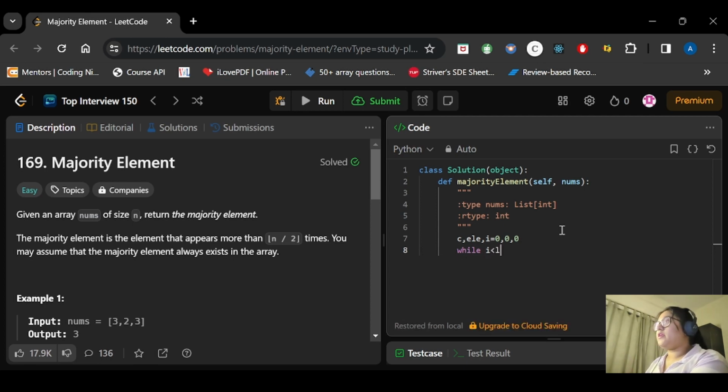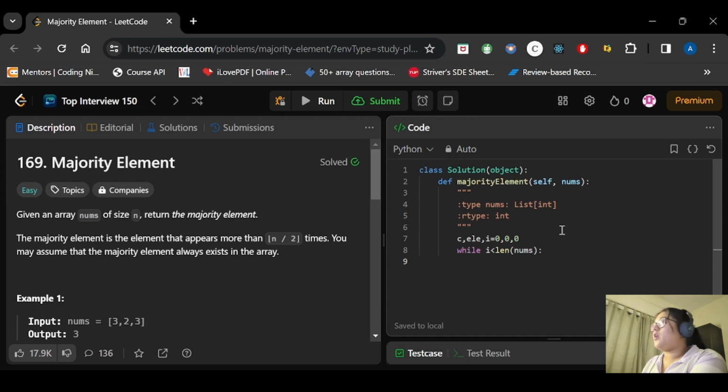Now we have to assign a value to the element whenever we are having the count as 0, because the possibility is that at whatever index this count is becoming 0, maybe the value can be a valid majority element candidate, right?